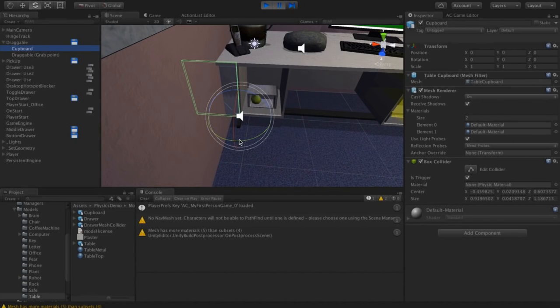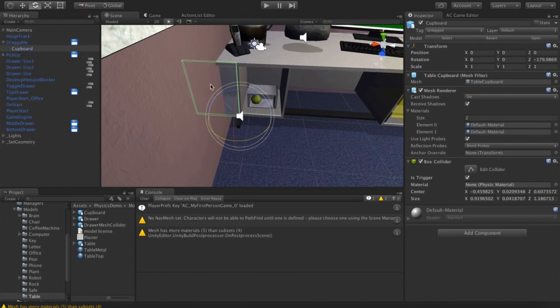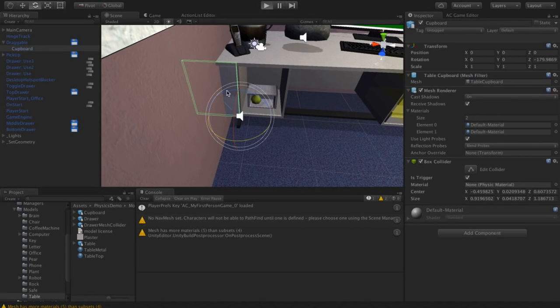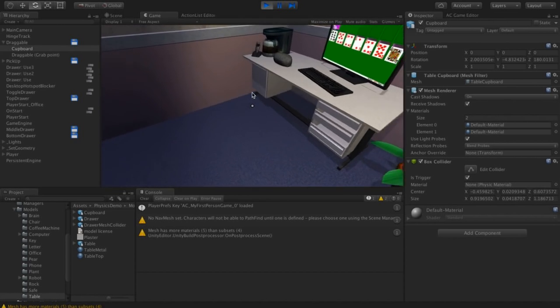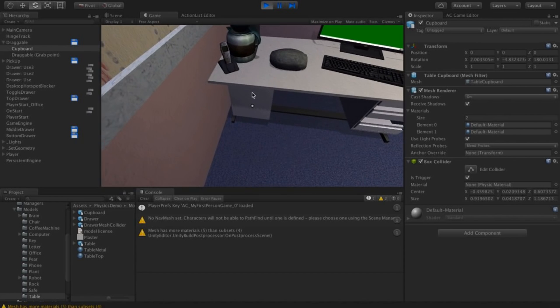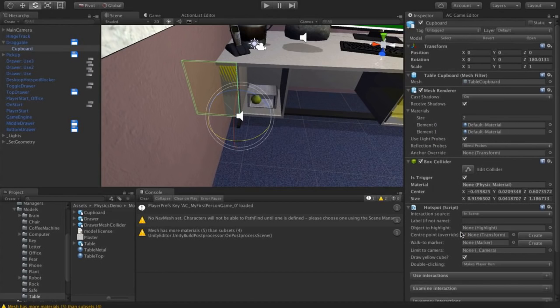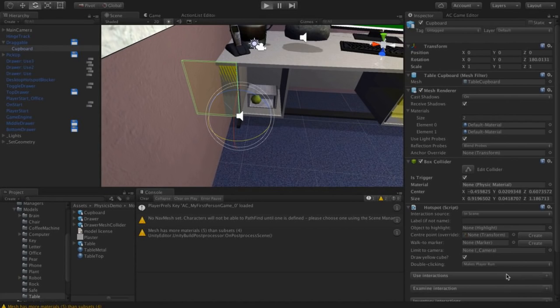So what we need to do is simply offset this rotation by making a correction to the cupboard mesh. So I'm just going to rotate this by 180 degrees, and I'll copy the transform, paste it back in when we stop playing the game, so that it looks offset when we're editing the scene, but when we run the game, the correction is made and it's now fine. So let's add another hotspot component, so we have a label for it. With the cupboard selected, I'm going to add the component hotspot, again with no interactions.